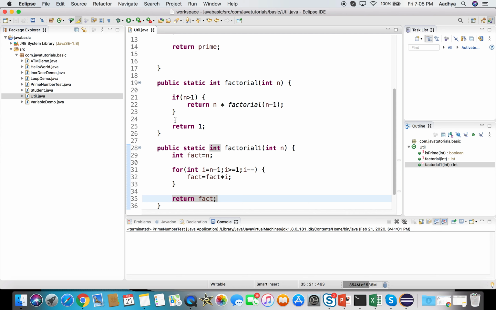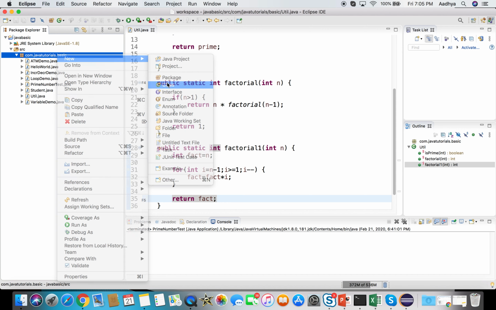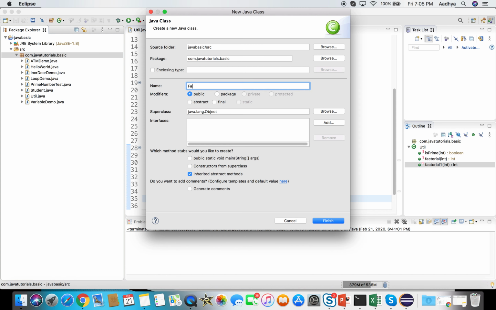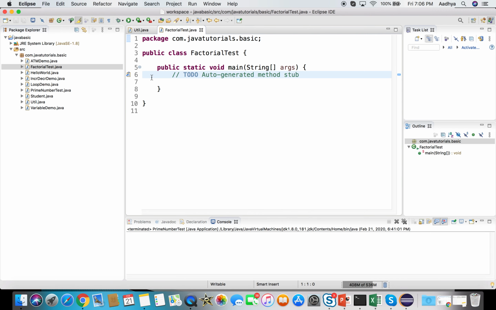Now we need to call these two functions from some other program. Basically, any program that wants to calculate factorial can simply call these two methods. So let's write a new class for that. We can say FactorialTest. So we are testing whether the factorial is working fine or not. I'm going to have a main method here, and this main method is going to call the factorial. So I'm going to put System.out.println here